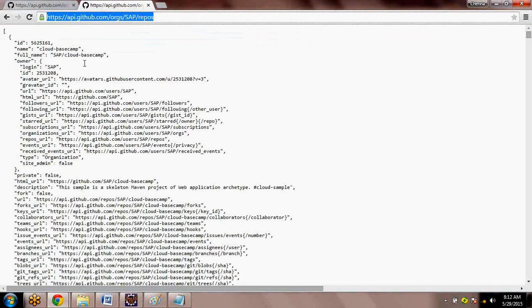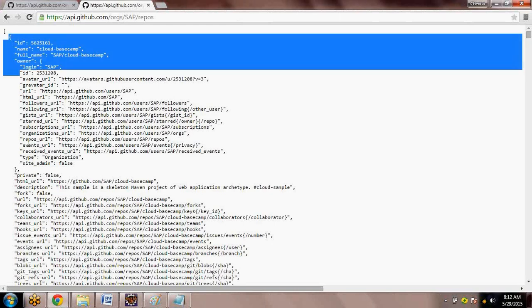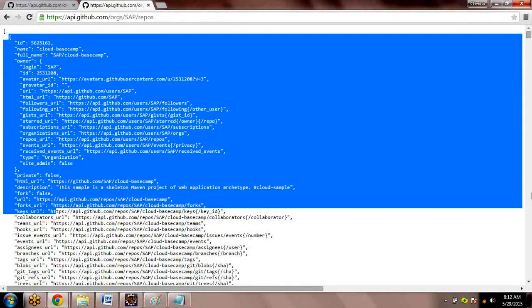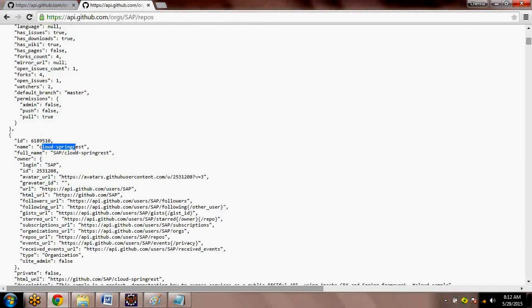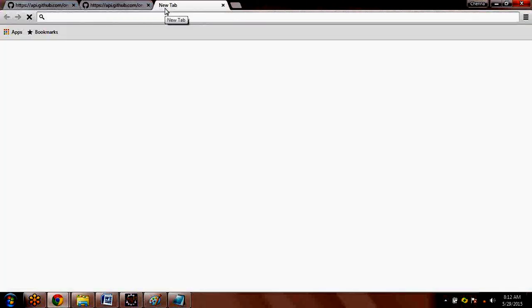In the second page, I would like to display these names. This is one set, and this is another set. You can see it very well in the online JSON editor we had just now.